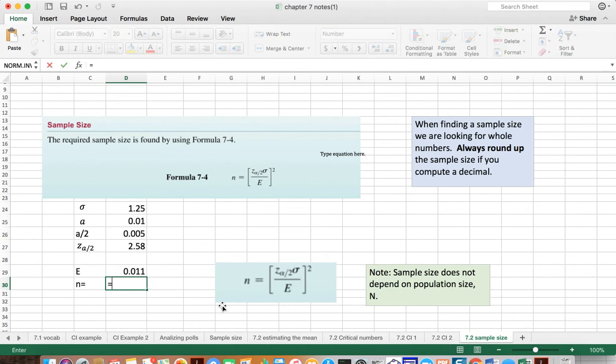We're going to take our critical number, let's do a double parentheses. We'll take our critical number, we'll multiply by our estimated sigma, and we'll divide that by the margin of error, and then we'll square the whole thing. And let's see what our sample size is. So we have 85,677.9, and of course we always want to round these up. So let's round it up to